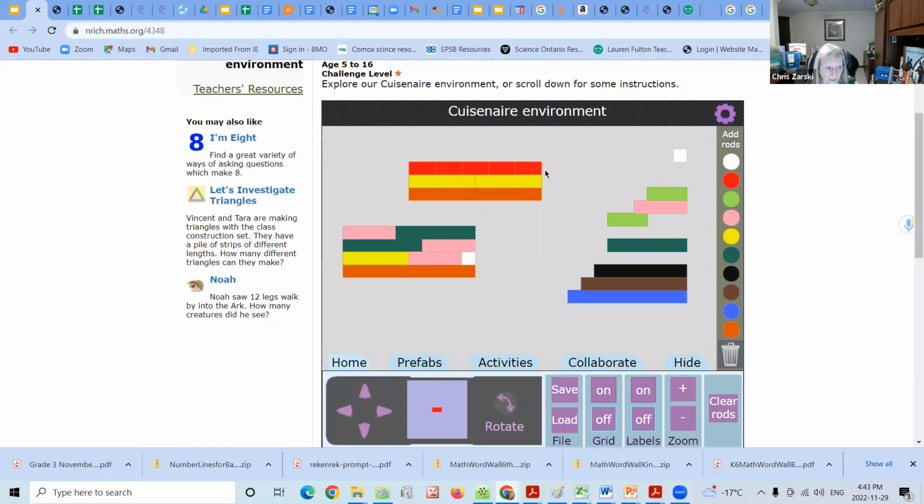So I used 2 yellows. I used 5 reds. I will find that when I use the white ones, I will just drag a couple of them over. But what I have is 10 of these will line up. So now I know that the orange is 10 units long. Whatever the unit is, they're 1 centimeter actually.